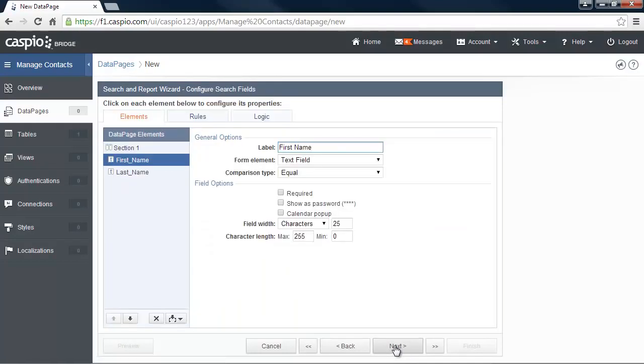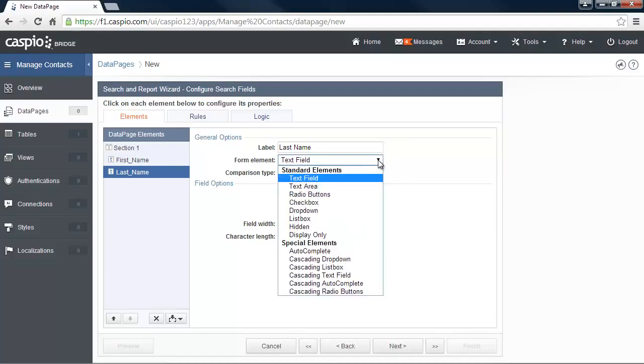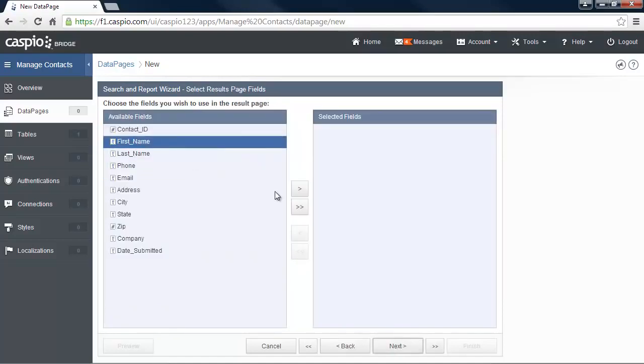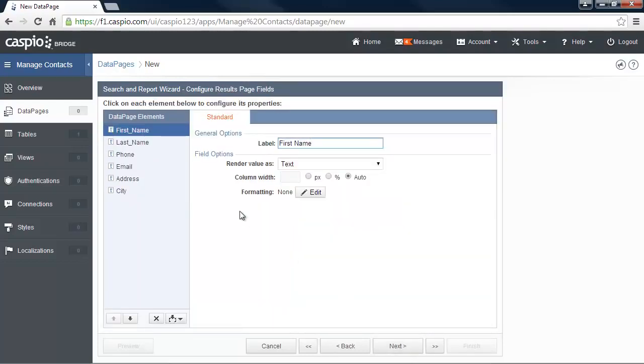I'm going to change the comparison type to Contains on both fields so that I can have more of a keyword type search. You can also change the element type on each field if you'd like to turn that into a drop-down, radio button, or any other type of element. On the next screen, let's include our results page fields. Click Next and let's leave the screen as is, although you could modify the properties of the results page fields